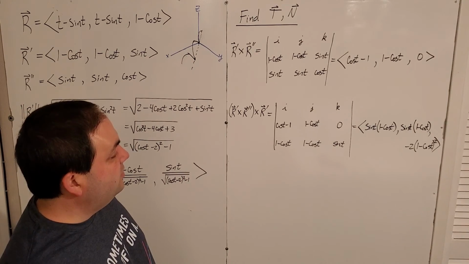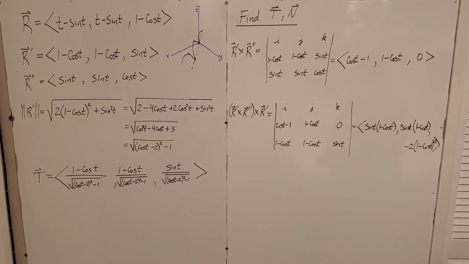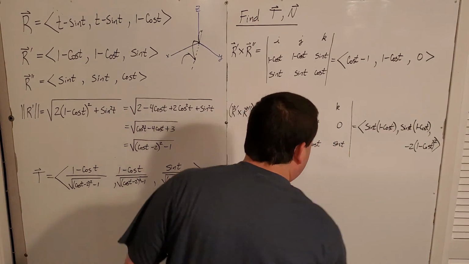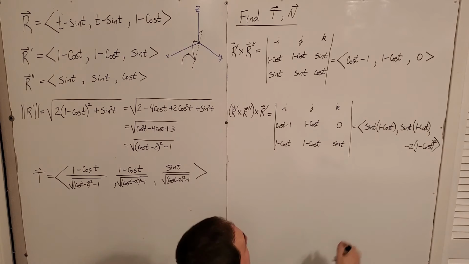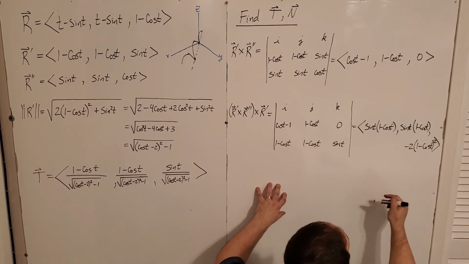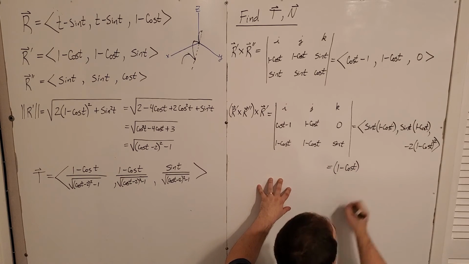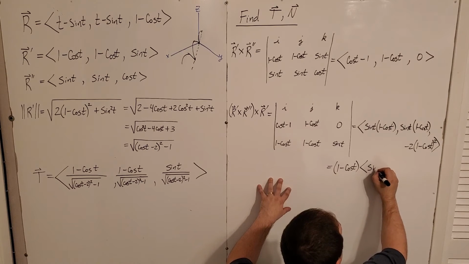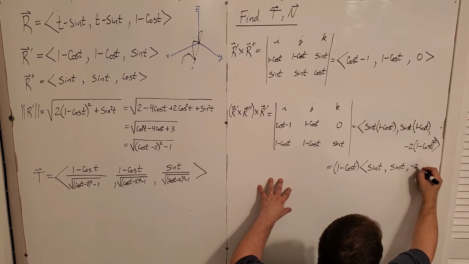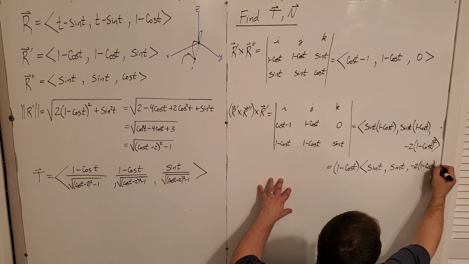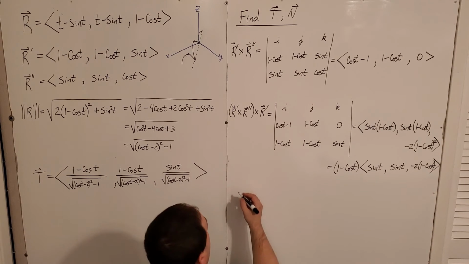The only thing left to do is to find the magnitude of that vector. Okay? So let's do that. It's going to be a lovely, lovely thing, isn't it? Okay, so I can make it easy on myself, firstly, by factoring out the 1 minus cosine t. Okay, so 1 minus cosine t times the vector sine, and negative 2, 1 minus cosine. Okay, so then the length of him